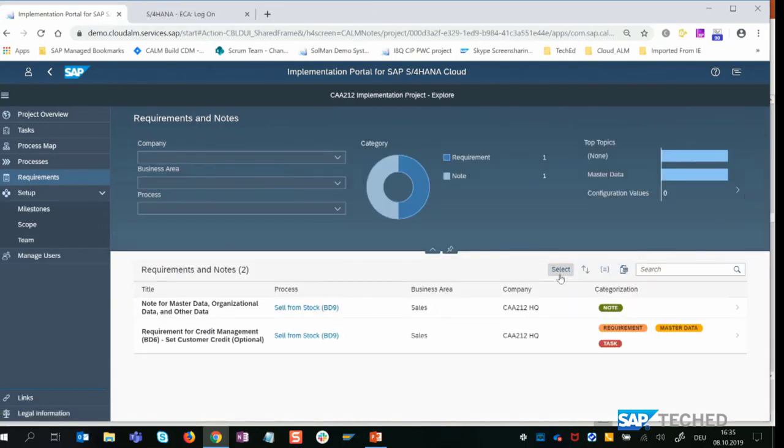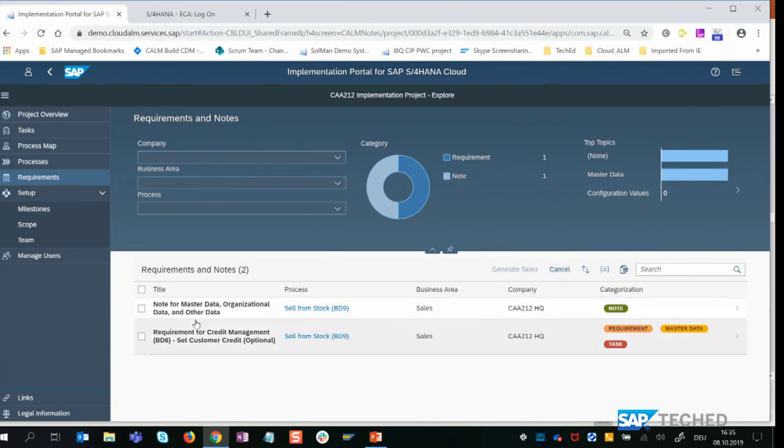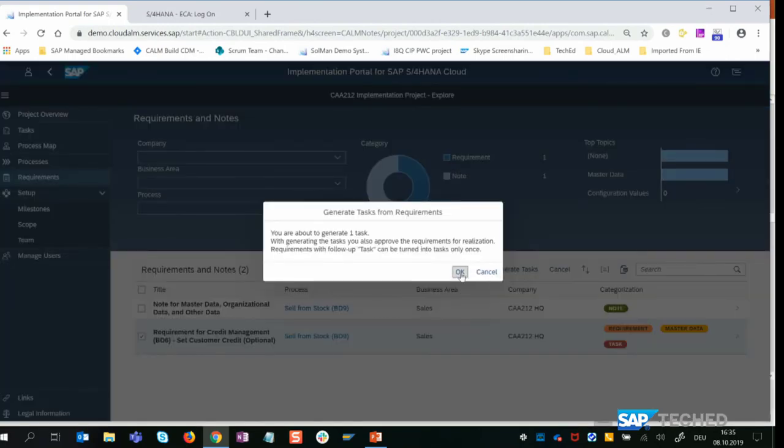And we can now decide that we want to put this requirement into the scope of the realization phase. We can select this one and generate a task. And this task creation is also meant to be an approval for really realizing this requirement in the realize phase.